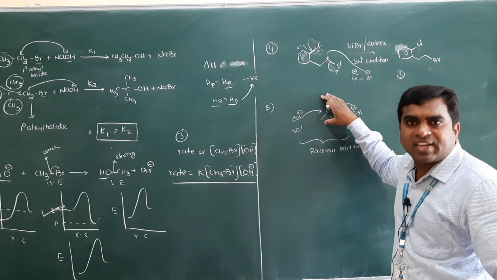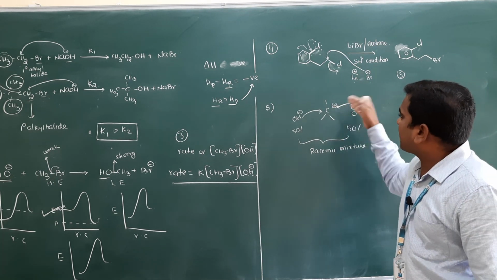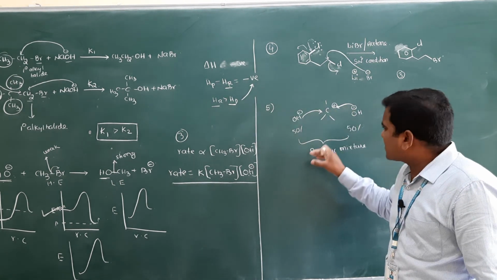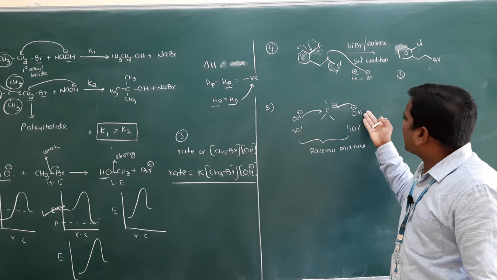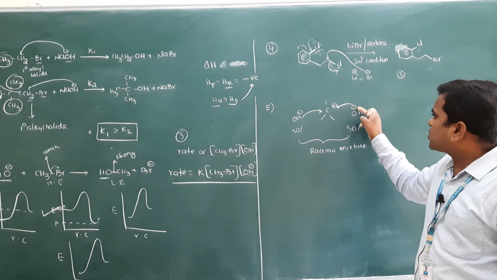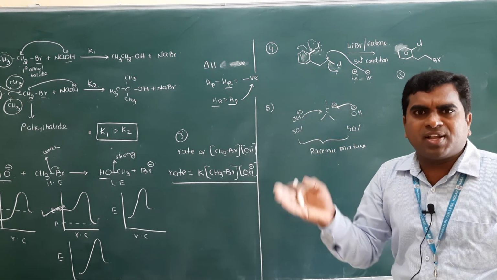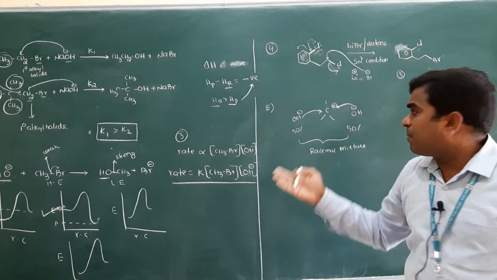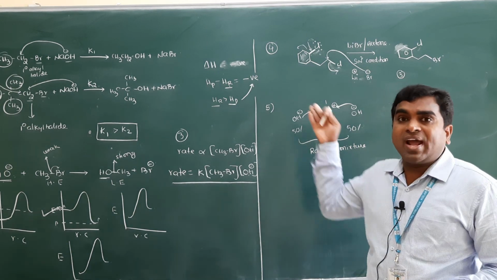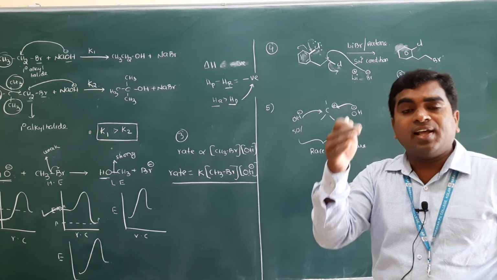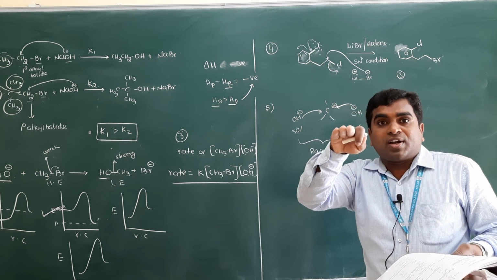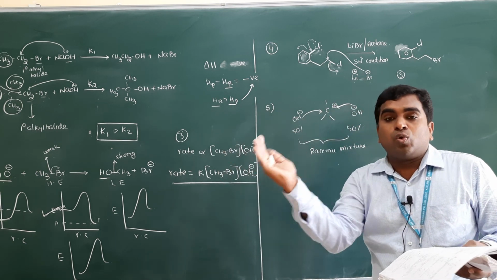If it lives for a long time, then OH can easily attack from the front side and the back side, and you will get the maximum racemization product. If it is less stable, some nucleophile will attack, but within a short time it will be converted into the product. It has to attack the carbocation very fast. So only some amount of the nucleophile attacks, and the remaining nucleophile may not attack, because an unstable carbocation won't live for a long time to consume the total nucleophile here.